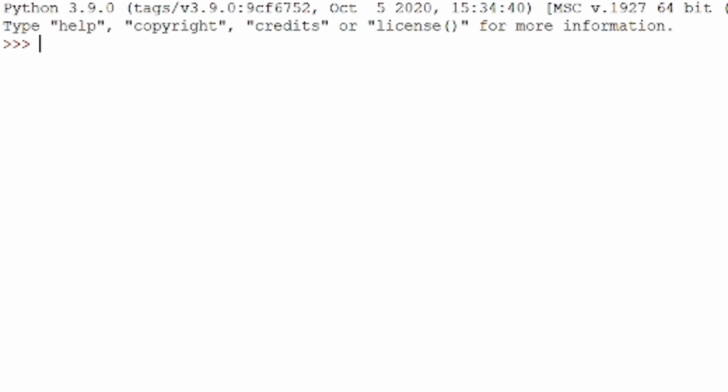The next one is the is not operator. This operator returns true if the first value is not identical to the second one, otherwise it returns false. For example, if you take 0 is not False, it gives true because both are not the same. Here, is and is not are opposite to each other.